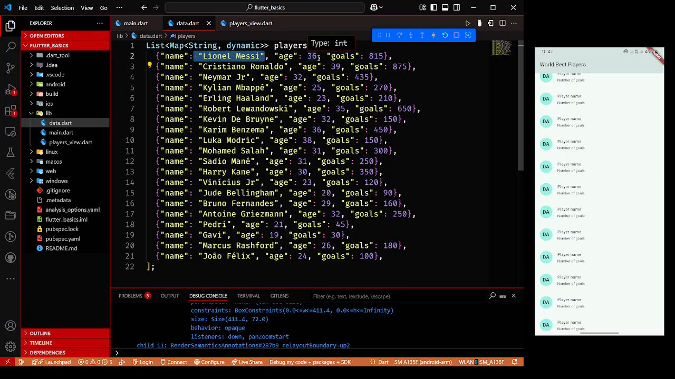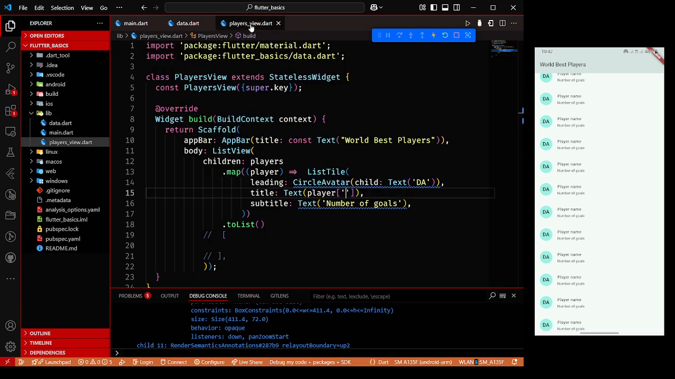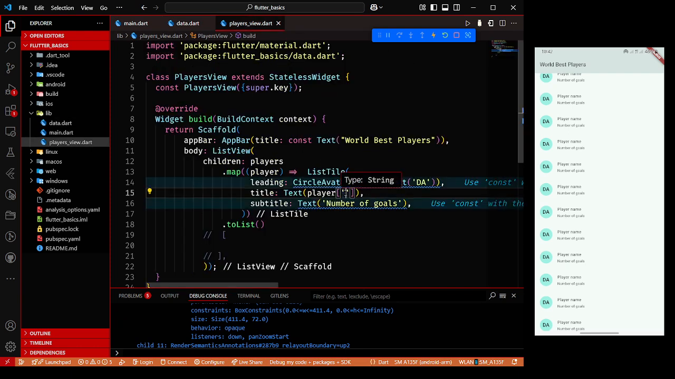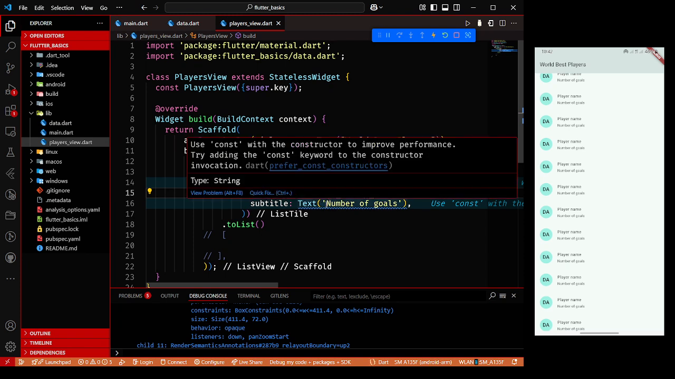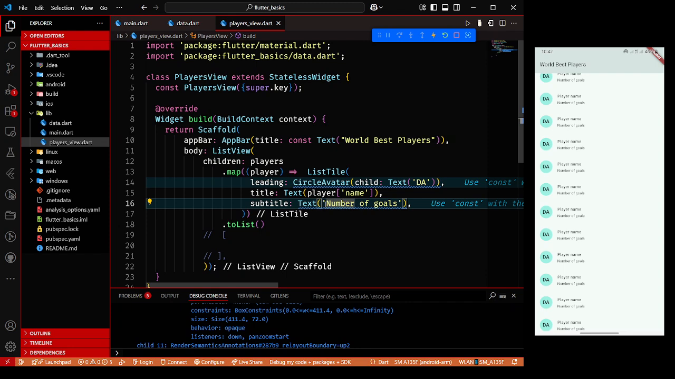If I want to see 36, I have to access it through age. So if I come here, we want to access the name. So the key is name. So on each player, access the name. And here too, we are going to say,